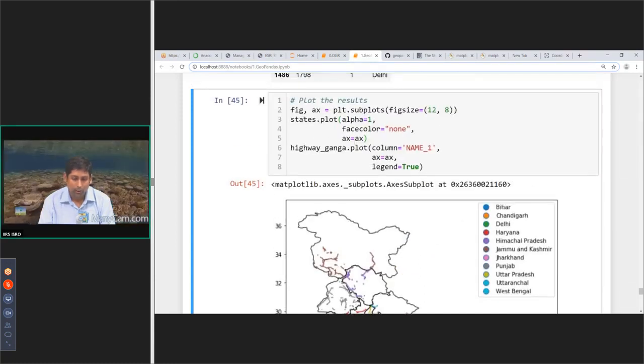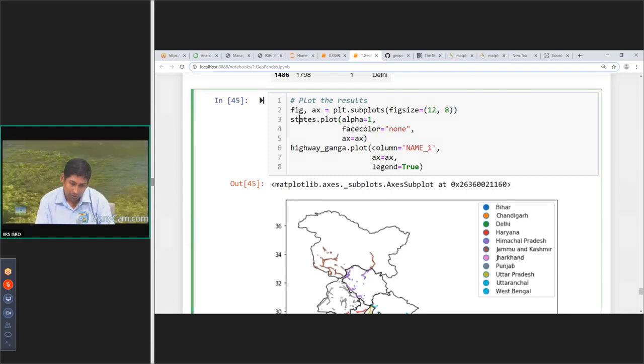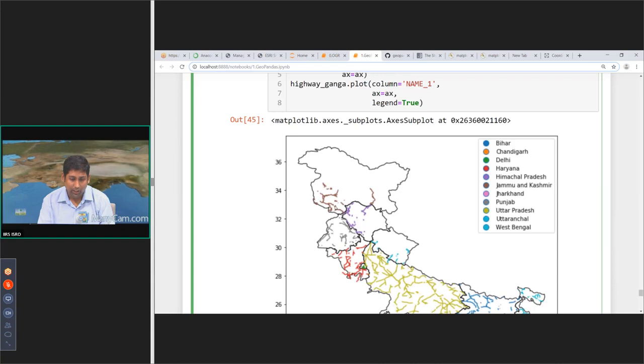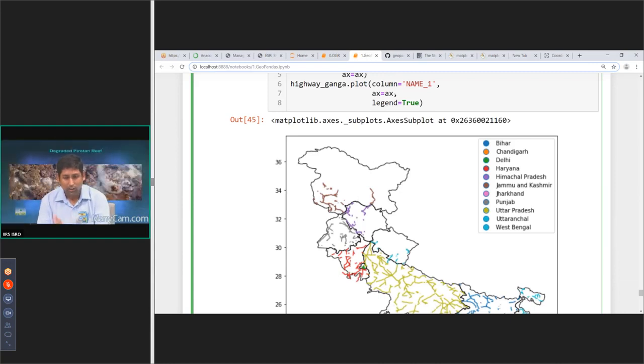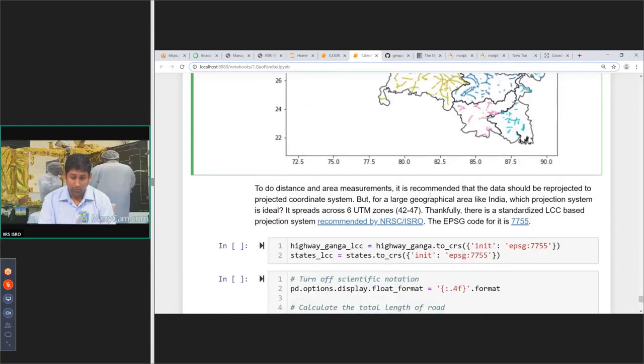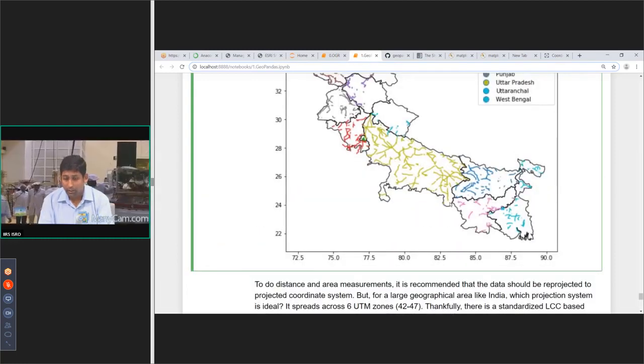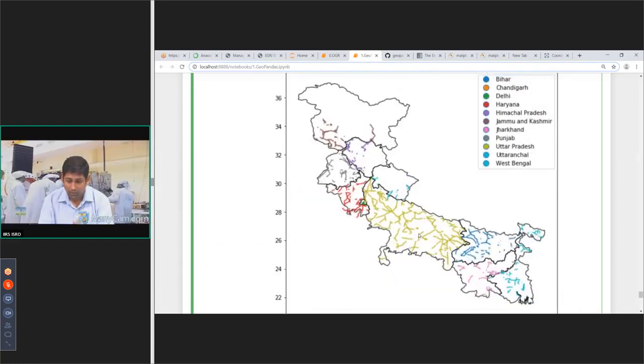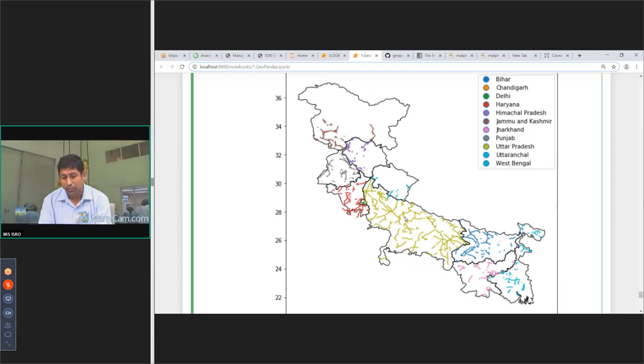This has two variables. One is the states and one is the highway Ganga, that is the highways where the name of the state has been appended to it. This is good. Now we want to make measurements. This visualization is fine, but tell me the length of the road which is